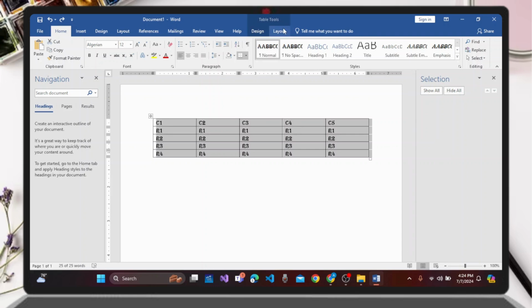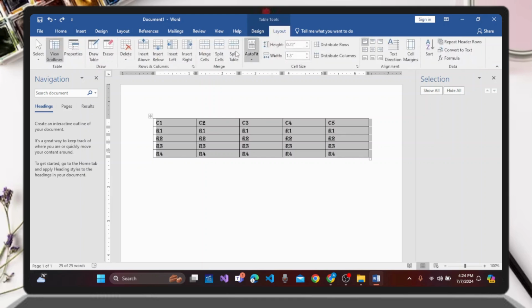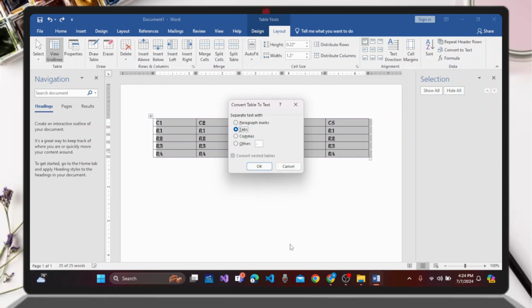Now click on Layout tab at top right corner of the screen. You will find two layout tabs. Simply click on the last one, and on this layout tab you need to select convert to text at the top right corner of the screen, and a menu box will appear where you have to select the desired separator